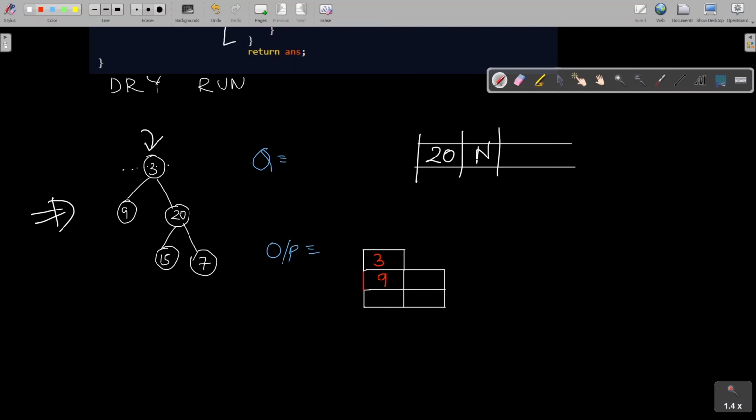So now let's dequeue 20. And 20 would come here, and we need to check whether the left or right child of 20 exists or not. Both of them exist. 20's left child is 15 and right child is 7.